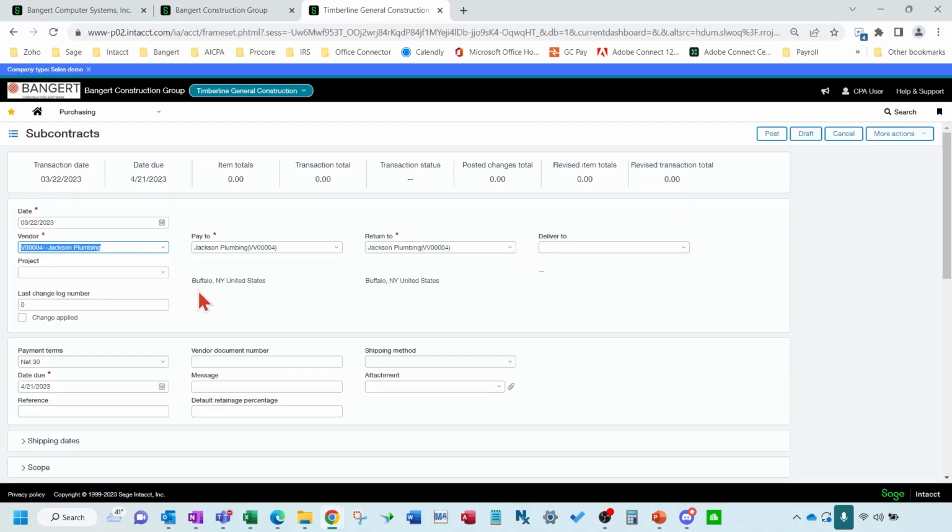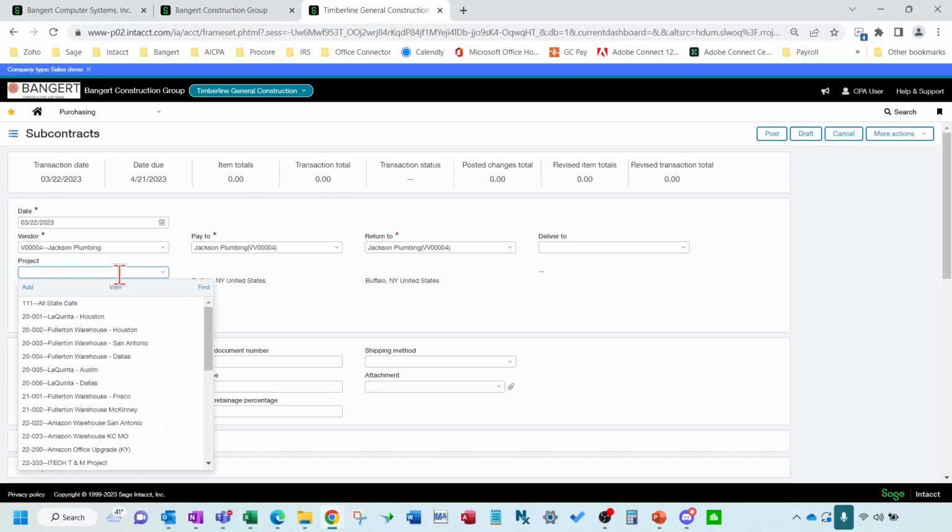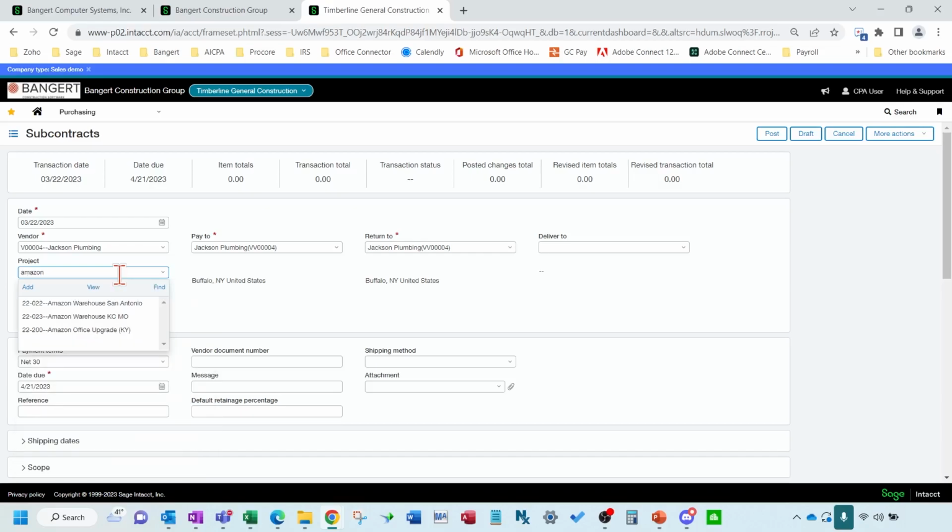Okay, we're going to fill in our project. I can start typing the number, or I can also start typing the name. Okay, it pre-fills the last change order or change log number right here, change order number. So right now I don't have any, so that's a 0.